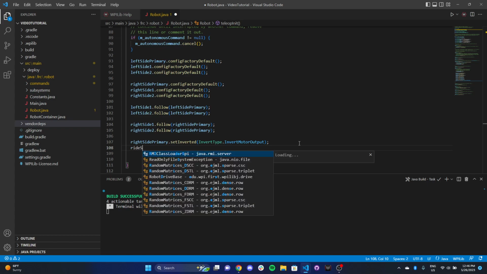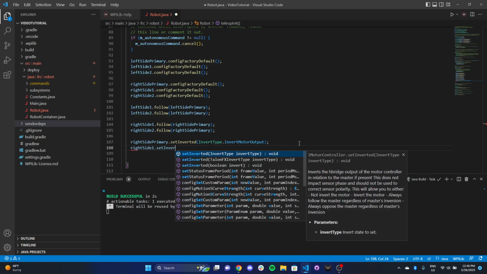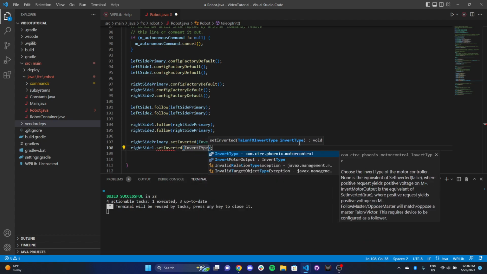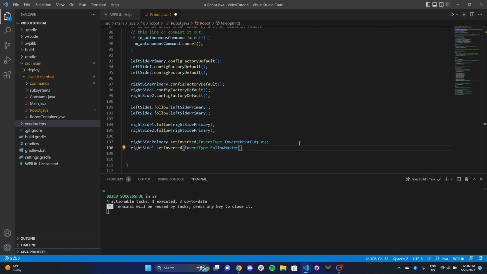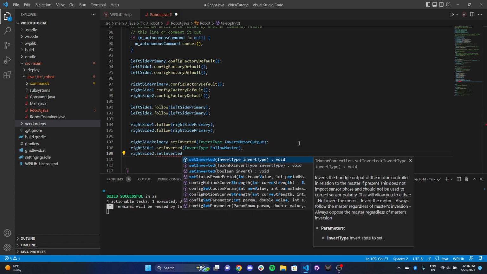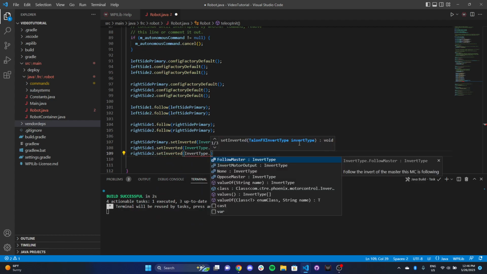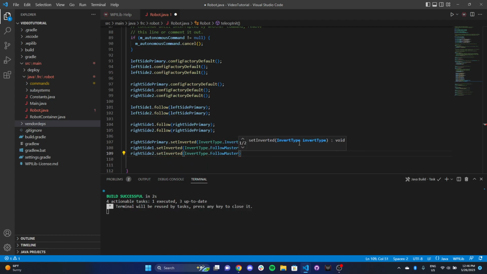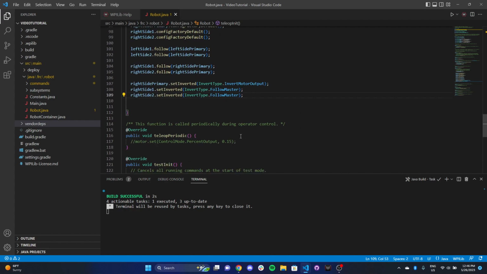So what you can actually do is say right side 1 dot set inverted, invert type, dot follow master. And we can do the same thing for right side 2. And this will make sure that it has the exact same invert scheme as right side primary. Okay, so now that we've set up all our inverts correctly, now that we've got all the following done,